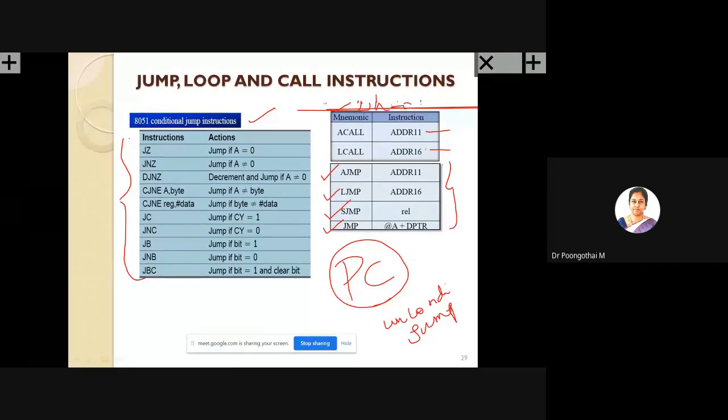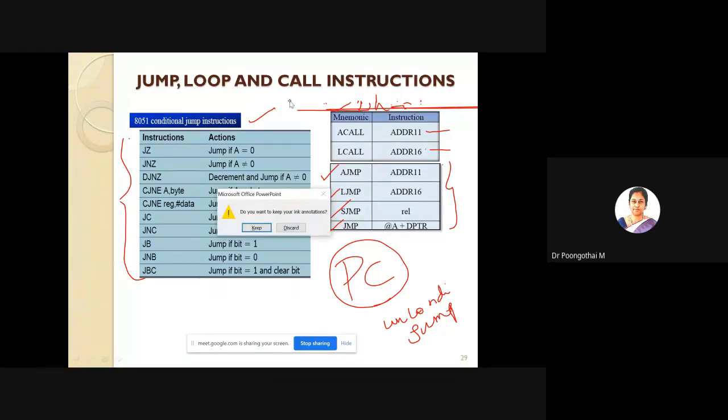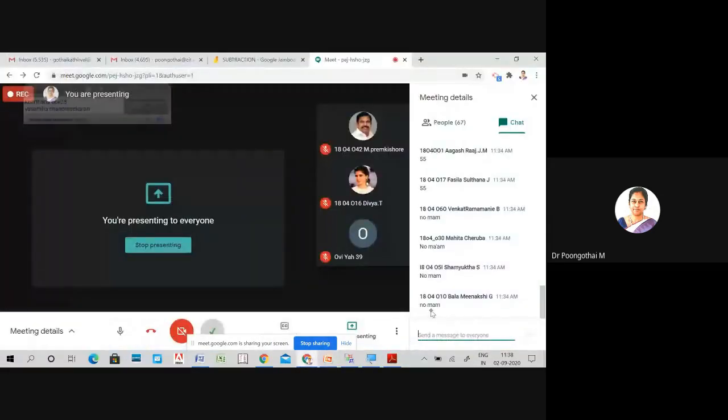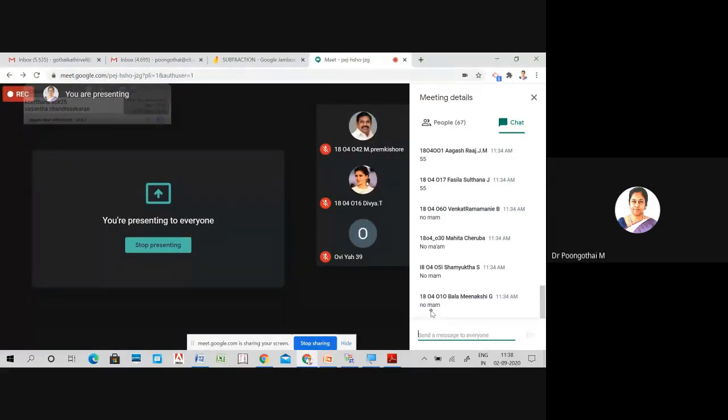So my question is, what is the difference between call and jump? You might have studied this in 8086. What is the purpose of jump and what is the purpose of call?